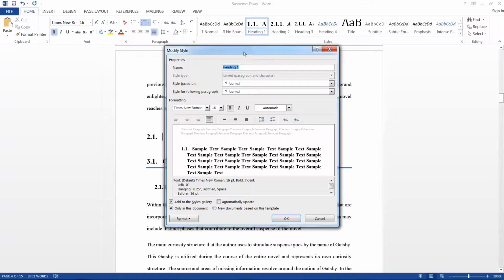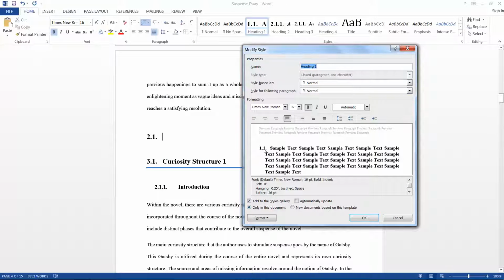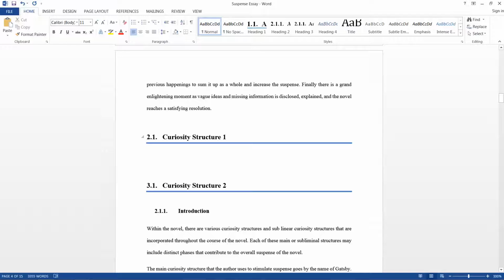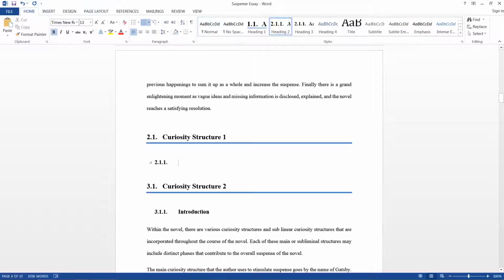If I go to Modify, we can see that I have our numbering here, and that changed to 2.1, and we have 3.1 down here. So it all updates. So I'll just name this Curiosity Structure 1. And I'll rename this to Curiosity Structure 2. So, say I wanted a subpoint in this, it would just be Heading 2, and we'll name it Introduction. So let's scroll back up,